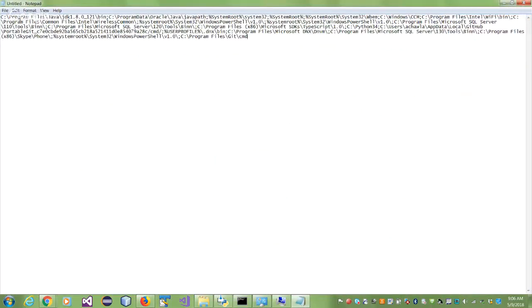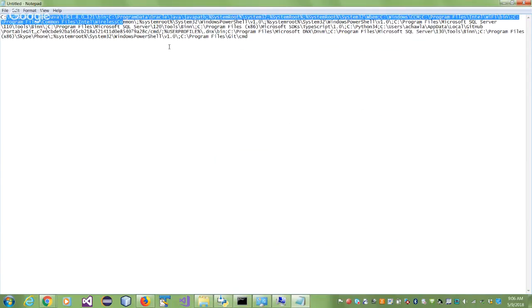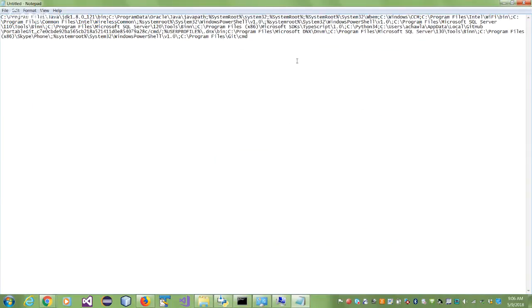So notice how, because I want to use Java, I have included that I will be using Java from the command line. So anything that you want to use from the command line. So somewhere here, because I said, when you install Python, please put it in my path, it should be somewhere in my path. Oh, there it is. Do you notice? See there, C:\Python34, that has been included by default in my path.